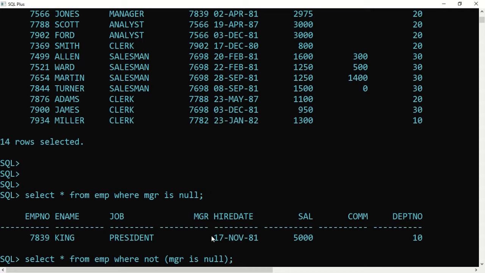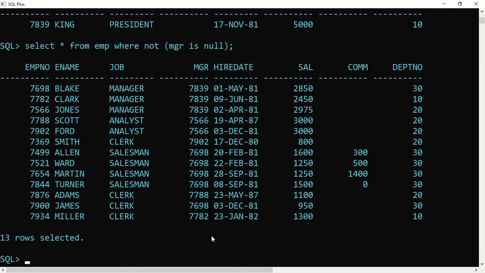So this will show me all the employees who have some managers. In other words, these are the persons or employees who are working under the big boss, directly or indirectly.